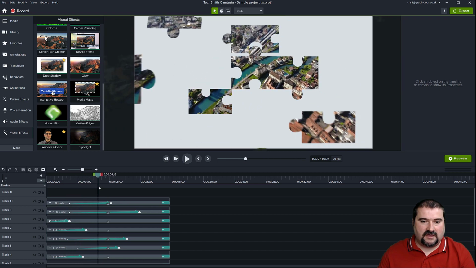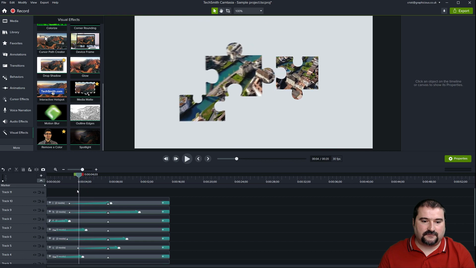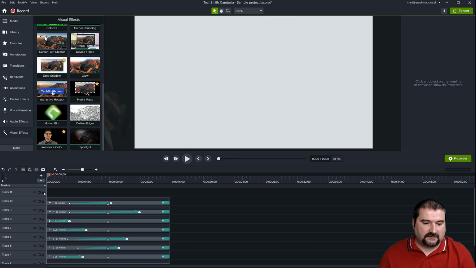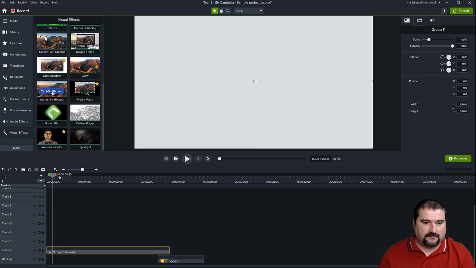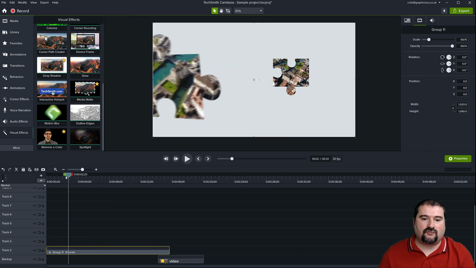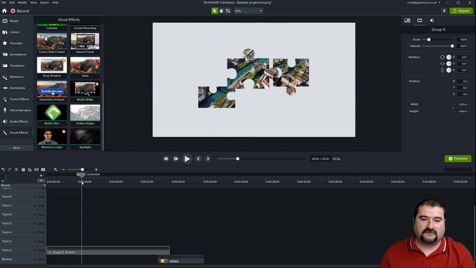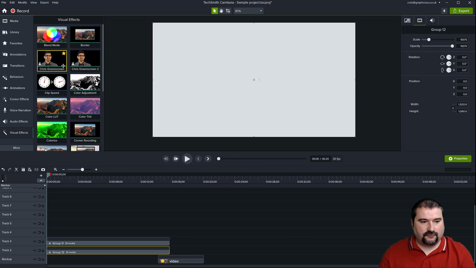How can I make this more interesting by having some drop shadows show up? Well, that's a tricky one. I'm going to select everything and group it. So my puzzles are still in there, but I don't see anything, they're now cropped to the canvas, right? So that's one thing. Copy this and paste it. So I have a copy of my group.